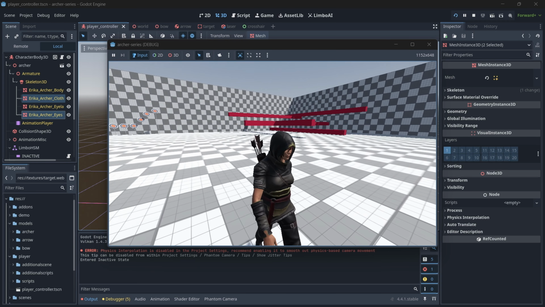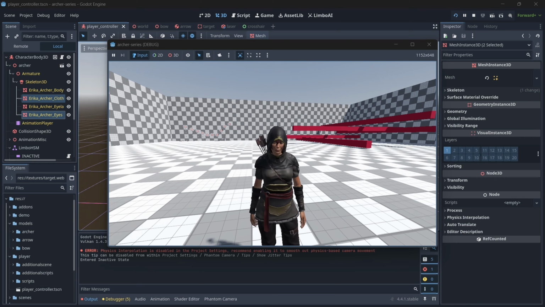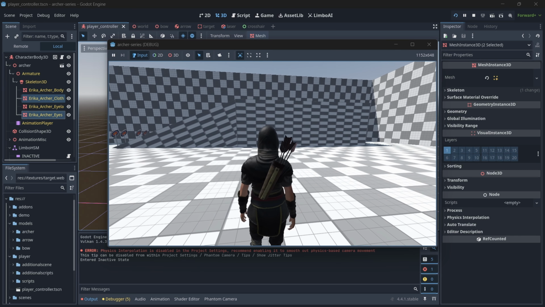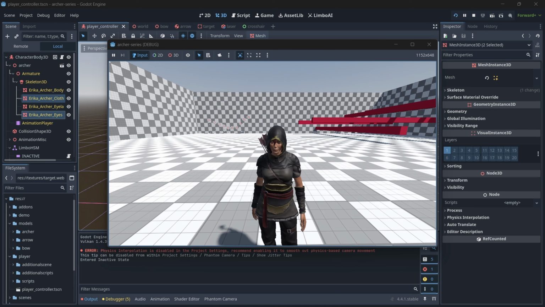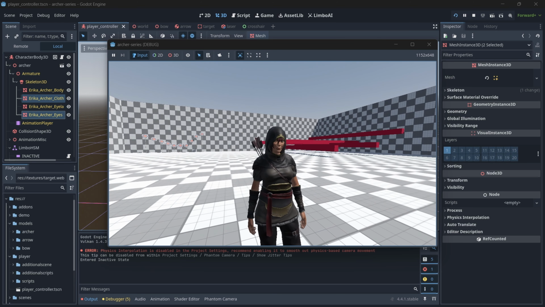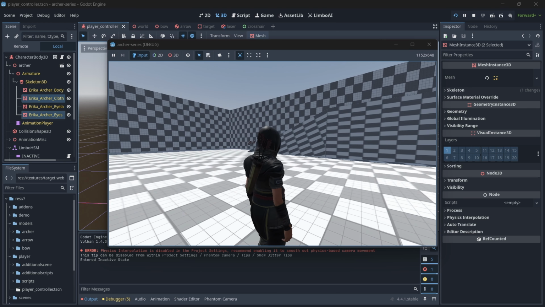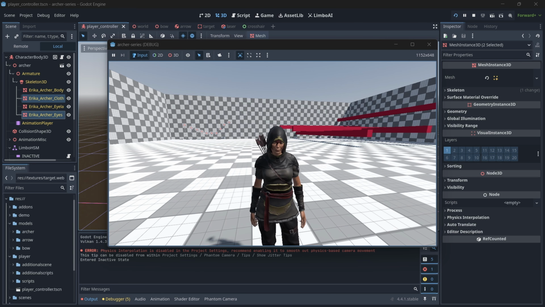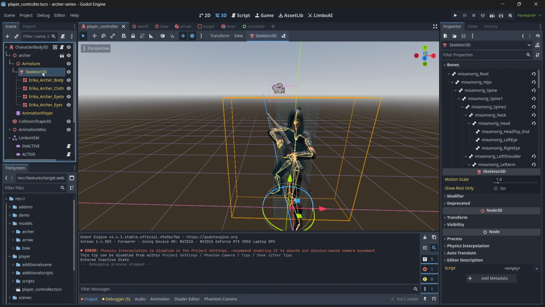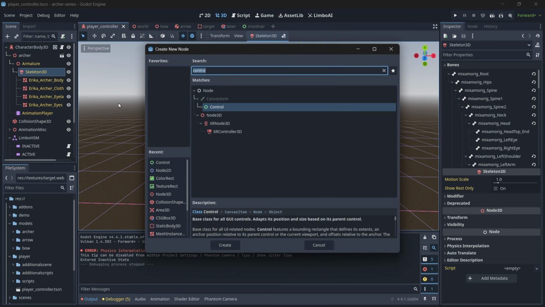So in our case, the character is looking very still, so he's always facing in the forward direction, and we don't want that. What we want is, we want our player to turn his head in whichever direction our camera is trying to look, so that it feels kind of natural and also makes our controller engaging. So for that, in the skeleton, we can add a